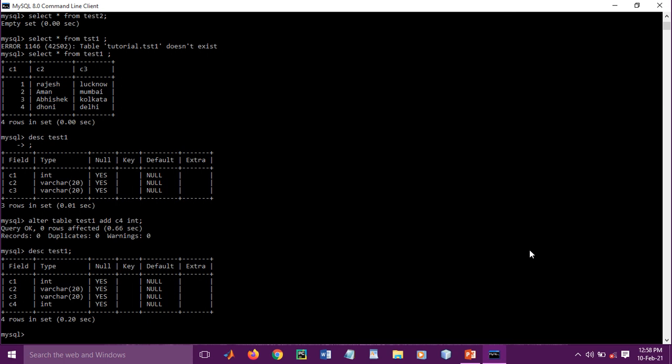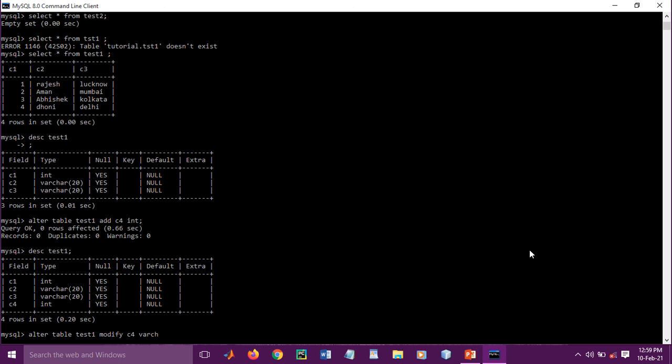Suppose you want to change c4 from type integer to variable character. We can use the alter table command: alter table name test1, modify the column c4 with a new definition.